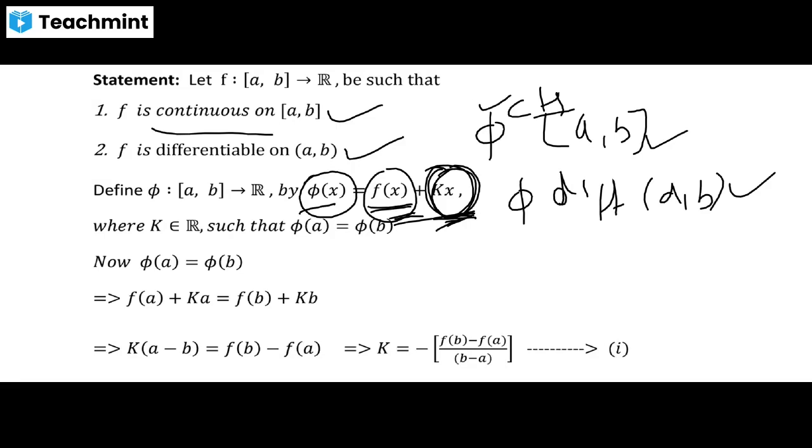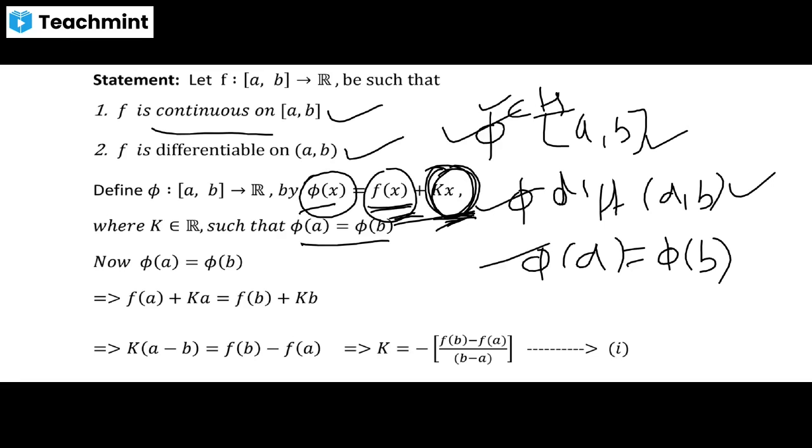And what is the third condition? The third condition is pi of A is equal to pi of B. From all this discussion, what will you say now? Pi satisfies the first condition of Rolle's theorem, the second condition, that is differentiability, and the third condition also, pi of A is equal to pi of B. Therefore, pi satisfies all the conditions of Rolle's theorem on the same domain AB. What is the conclusion given by Rolle's theorem? Therefore, there exists a number C in the interval AB such that